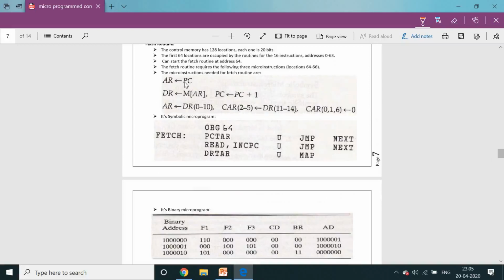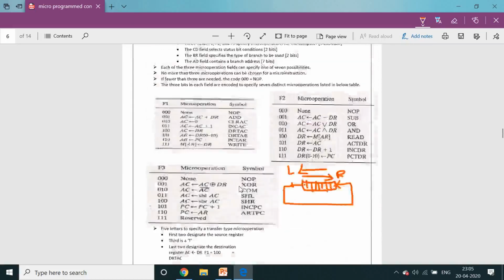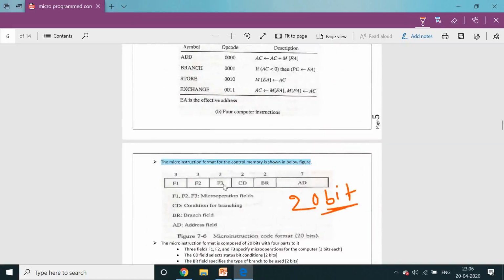See here, first one PC is transferred to AR. So here F1 value equals 110, and then the remaining F2 and F3 fields. F1 field, F2 field, F3 field. This is 3 bits, 3 bits, 3 bits, 2 bits, 2 bits, 7 bits. So this instruction has F1, F2, F3, C bits, BR field, AD bits.